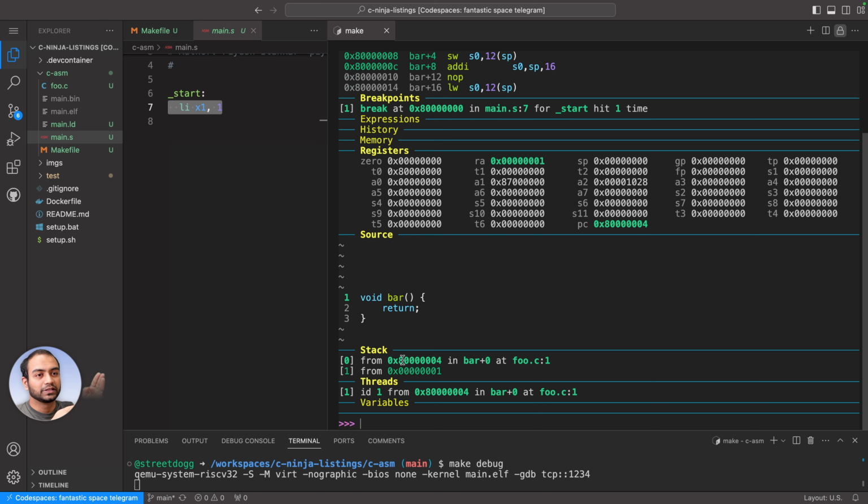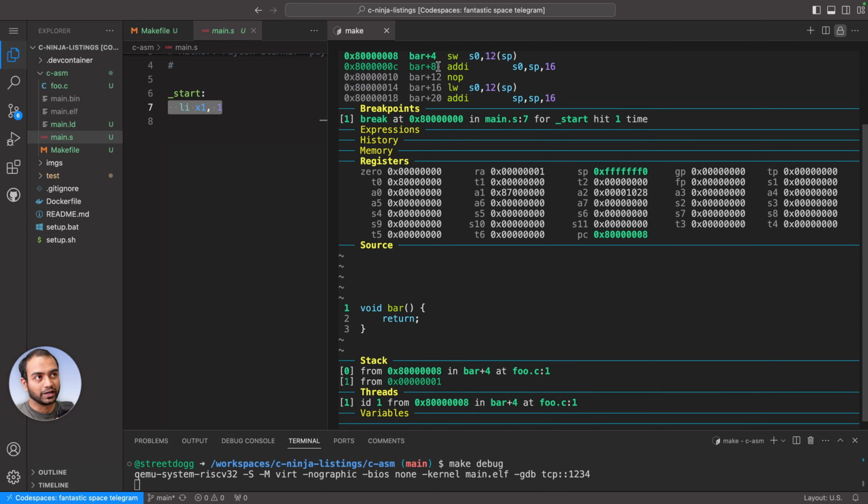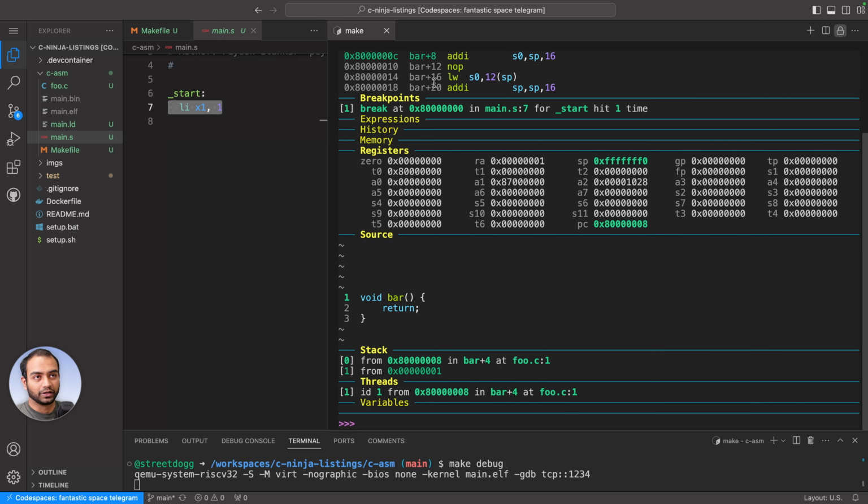Now the interesting bit is if we go ahead and do NI, we'll be executing code that is part of the bar function. And there is a big problem here that we have not run into just because of pure luck, and that has to do with the fact that